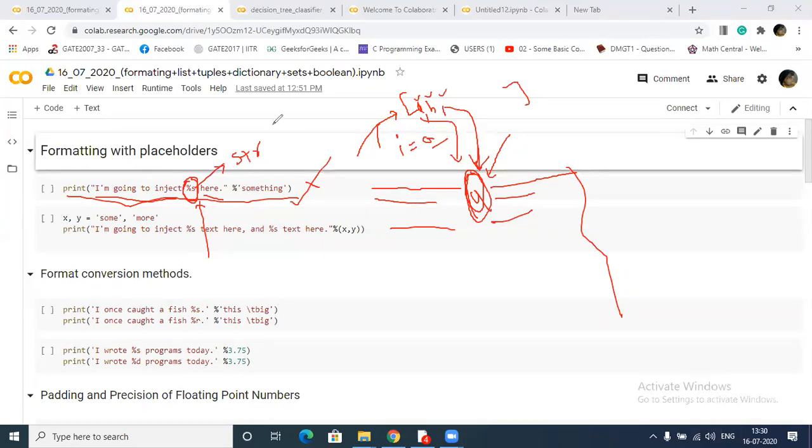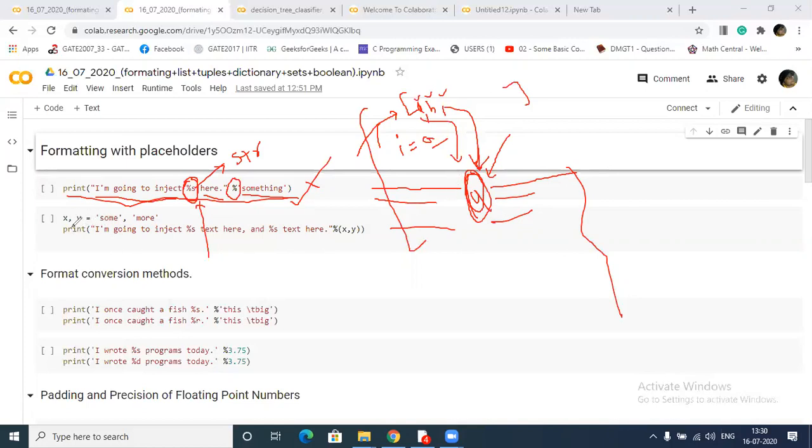We pass whatever we want to insert in this place as a string, and before that we use the percentage sign. This is the way for a single insertion. If I want to insert many things, like I just explained, I store element by element in I in each iteration, and I use that I as a placeholder. For that we use this way.